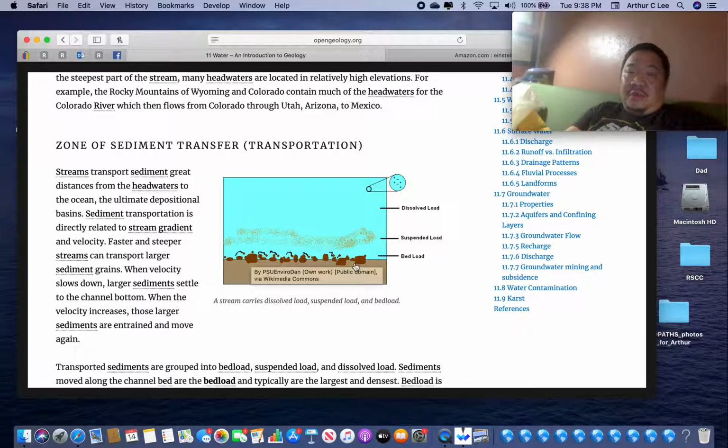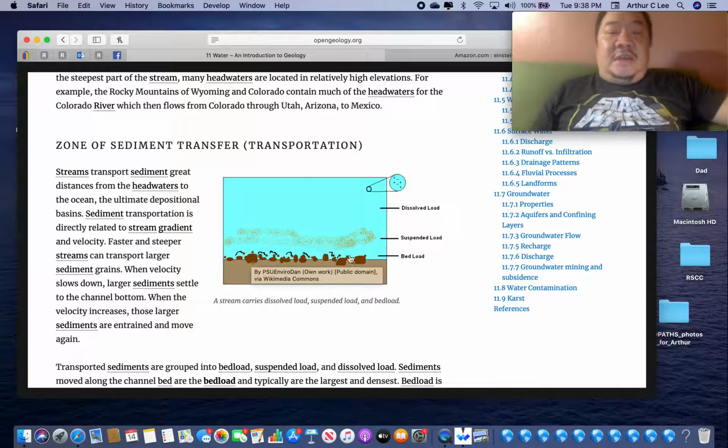What's the suspended load then? The suspended load is the stuff